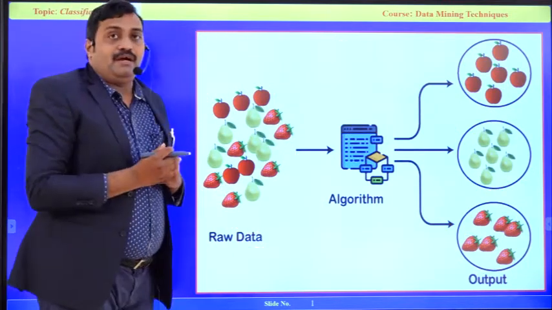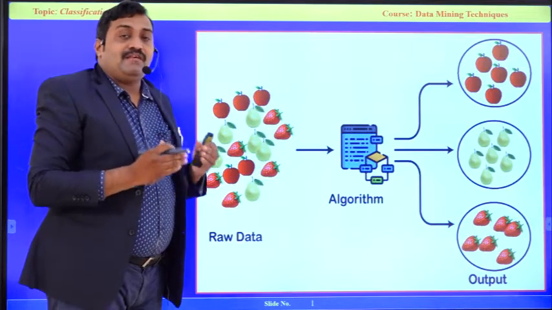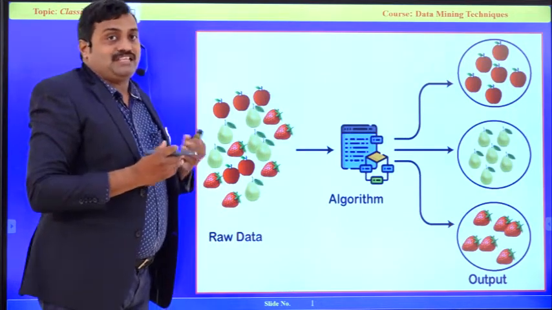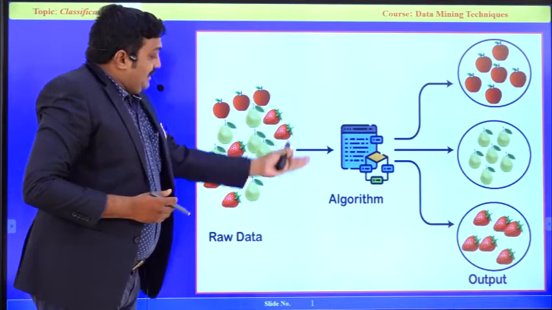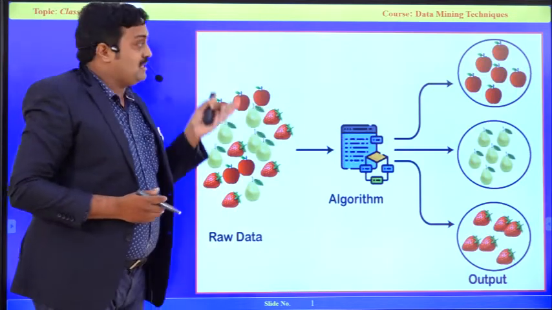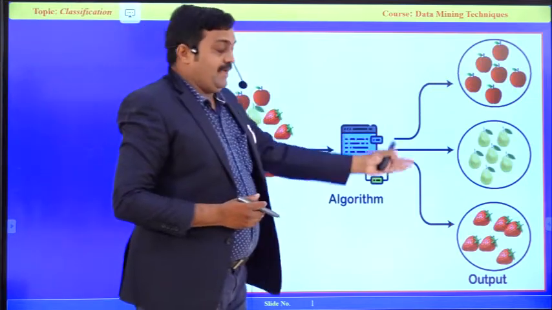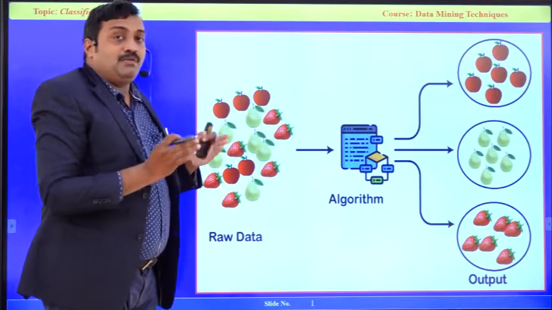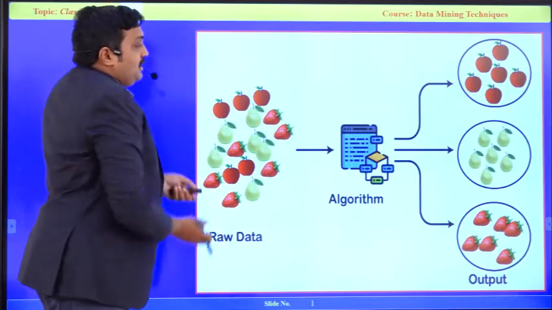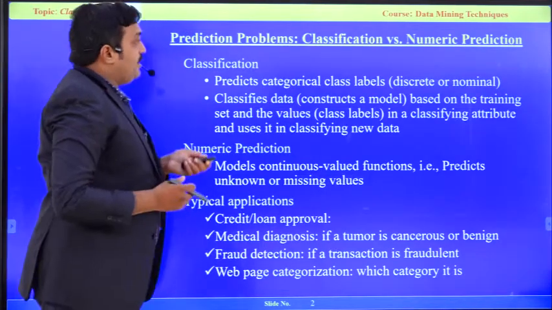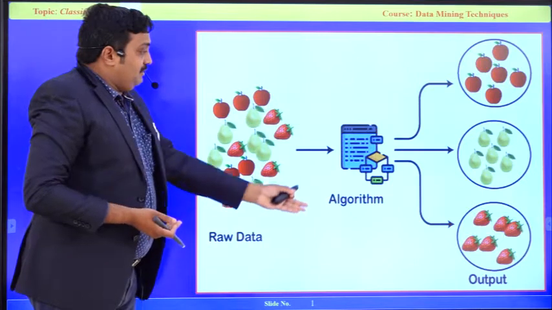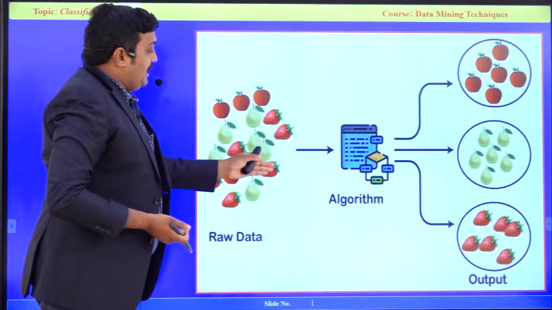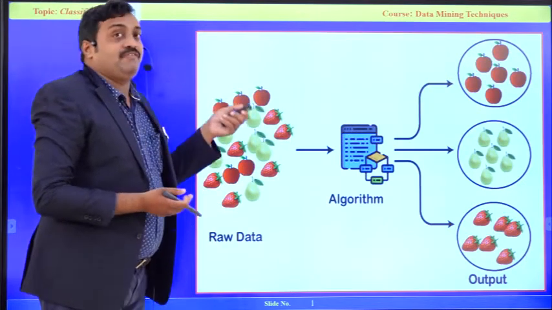Now, how do we classify whenever we have huge raw data? Whenever the data has some names or some labels, then we are able to classify. So we are going to write an algorithm that is able to classify your data. Here the behavior, the important features and the names we know very well, so we can classify very easily.